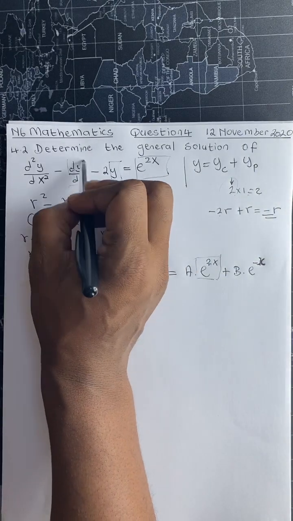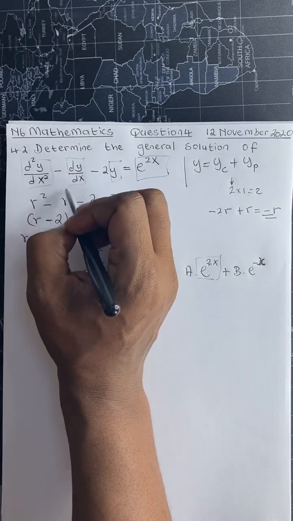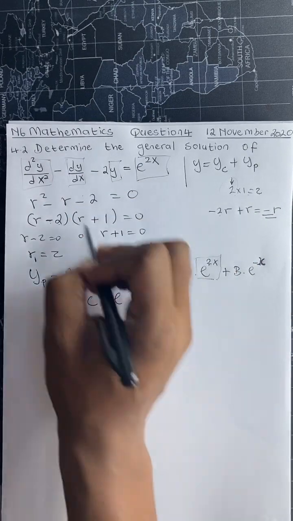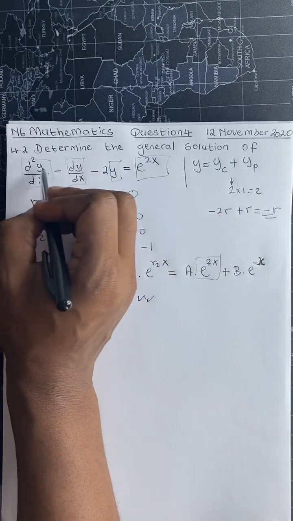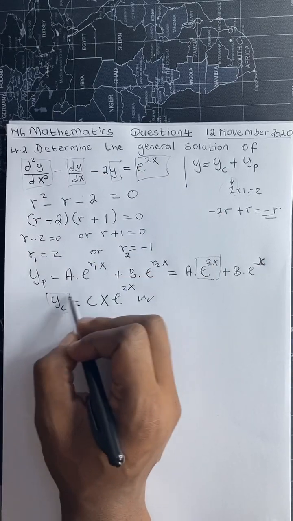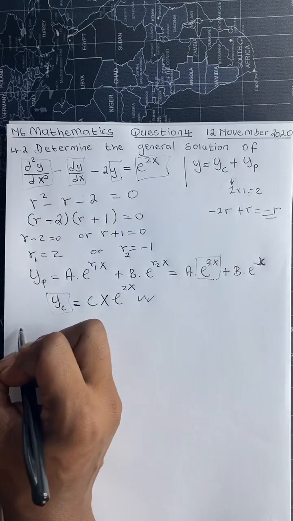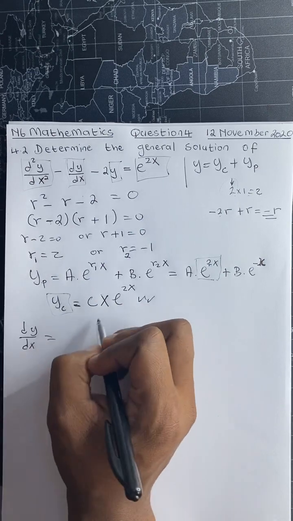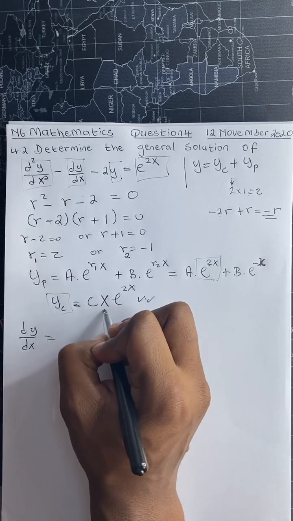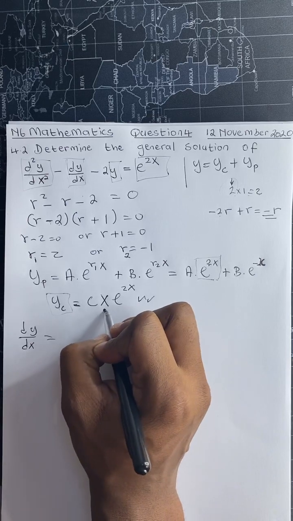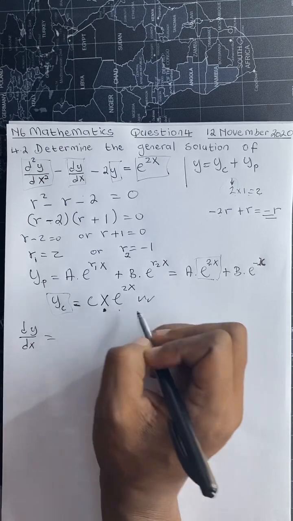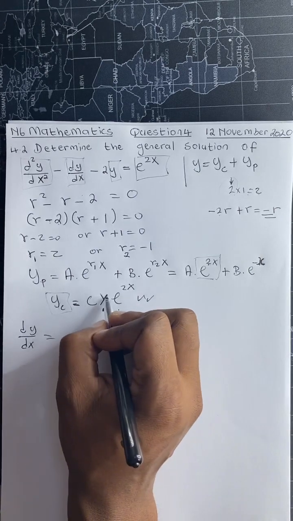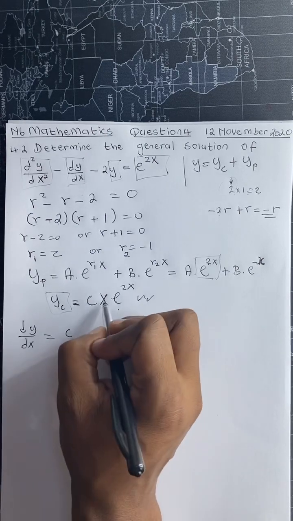So we also have to determine the first derivative. The first derivative of this, we will substitute it there, and the second derivative of this, we will substitute it there. So let's first start with the first derivative of that. We have two x functions, x and e to the power 2x. So we have to use the product rule to differentiate this. The derivative of the x multiplied by this whole thing: the derivative of the x is equal to 1